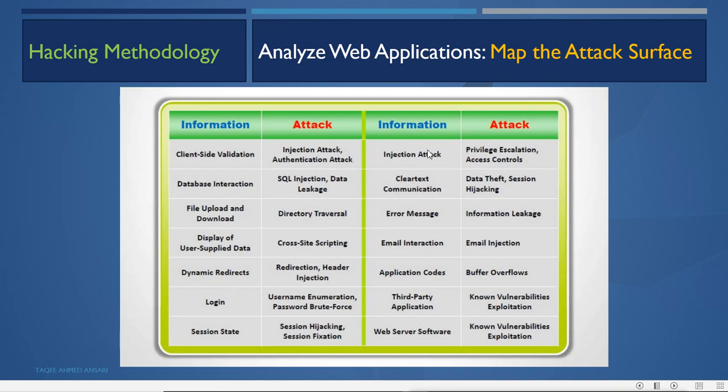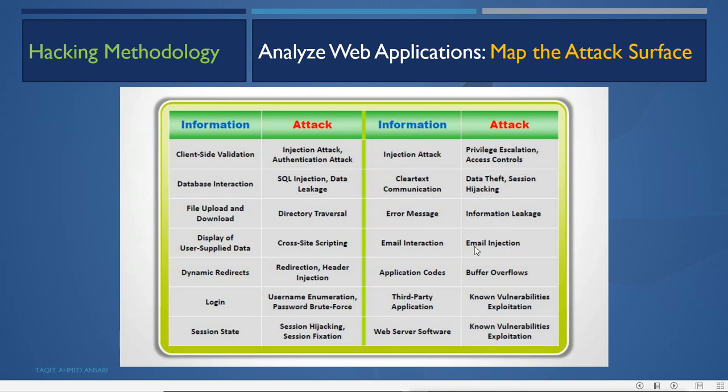Then from injection attack information, what we will get is privilege escalation or access control. Clear text communication makes it easy for data theft and session hijacking. Error messages give information leakages. Email interactions allow email injection.